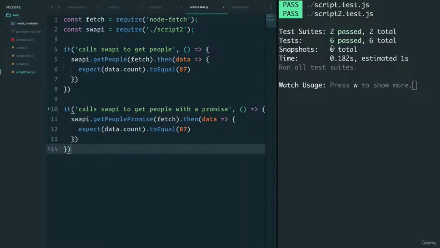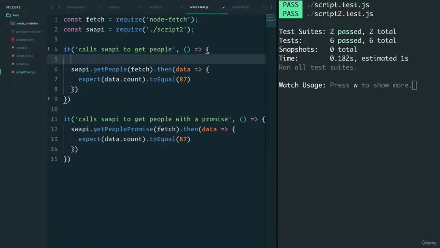It looks to be working. I mean, we get the tests, 6 of them that have passed. But remember what I said. We always want to make sure that we fail our tests and check that the tests actually are checking what we want to check. One tool that we can use with Jest is something called